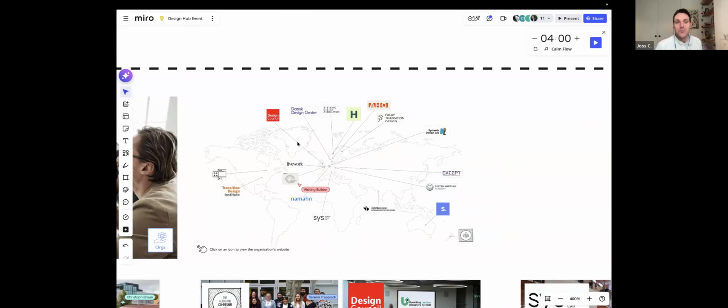And we have Design Council in the UK, Danish Design Centre, Systemic Design Association in Norway. Transition Design in Finland. OCAD Toronto, a big center for design in Canada. Transition Design with Terry that I just mentioned. And I'm sure there's many more.